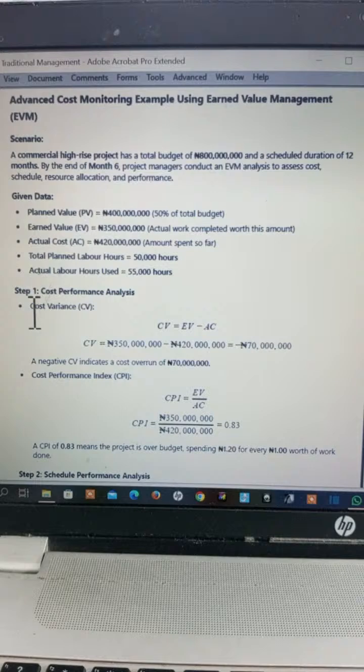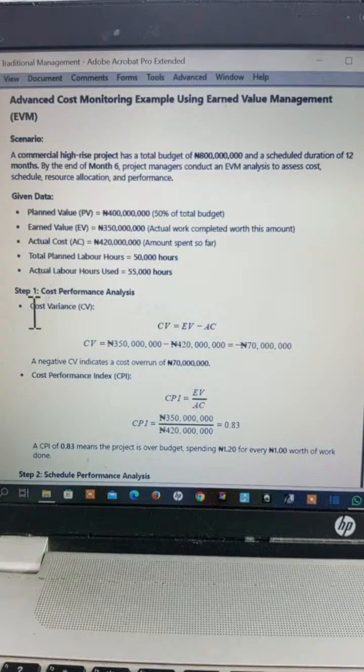So now we look at what is called the CPI, which is the cost performance index, to be 350 million divided by 420 million. You can see by the answer you have there that it is 0.83, and a CPI of 0.83 means that the CPI is not up to 1, and when your CPI is not up to 1, it means that the project is not doing well budget wise. So it means that you have over budgeted, and means the project has spent,